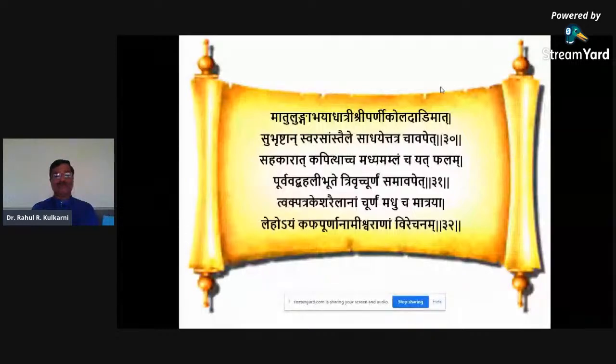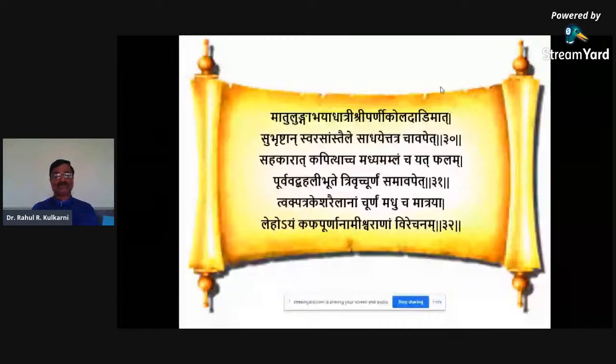So here madhya is related with kapitha, that is kapittha madhya bhaga, the pulp of kapittha phala has to be added. Some people will consider madhyam amlam as amra phala madhya bhaga, and some other people say amla phalam as jambiradi phala swarasa has to be added. So purvad avalibhute means in the earlier process how the avaleha has to be prepared, the same process, when avaleha siddha lakshanas are available.